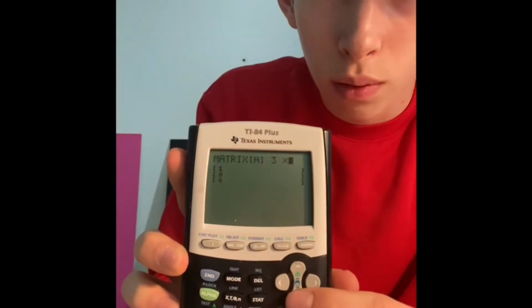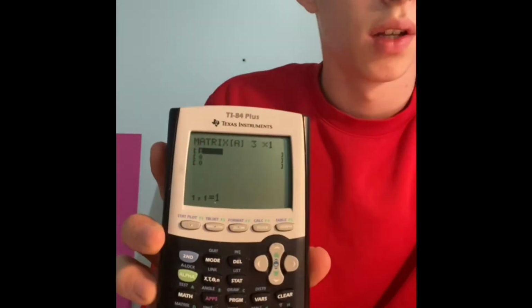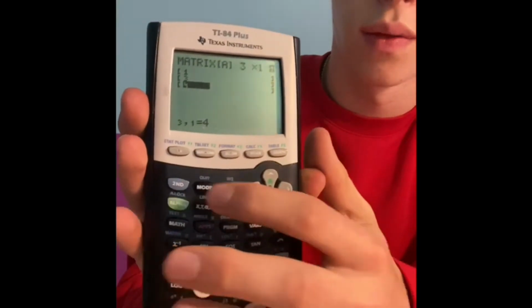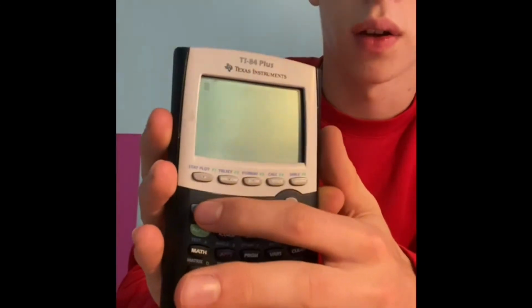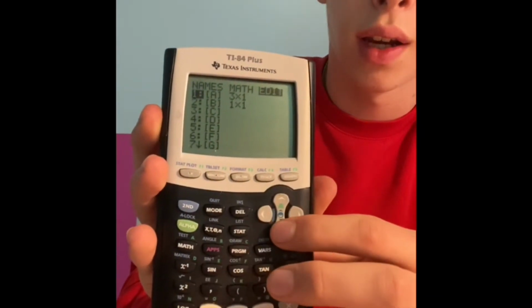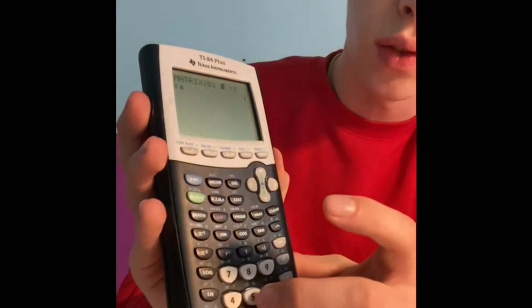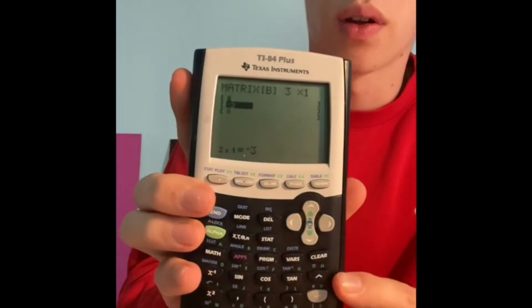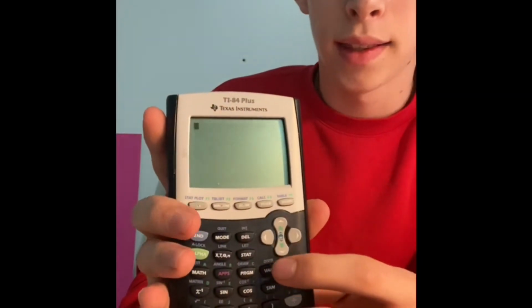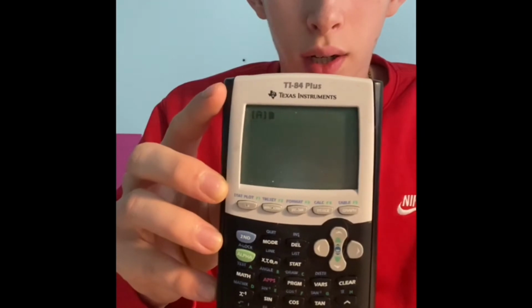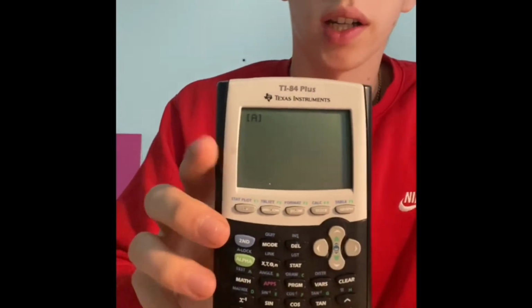So now we will go down and we can add our values. For the first one we had 1. After adding your values, you can go to second and quit, and then you go again to second and matrix, and then you go all the way to the right again and edit your second one. So again, we have 3 rows and 1 column, and you can again add all your values. After adding all your values, you go again to second and quit, and then you go to second matrix again. The first one, you just click enter, so you have your A. The first one was the A matrix, and then you click plus